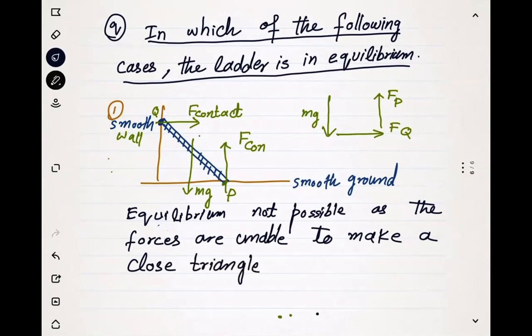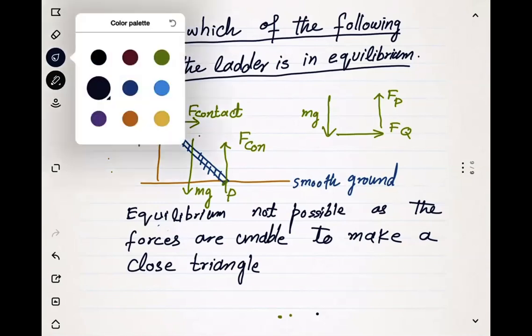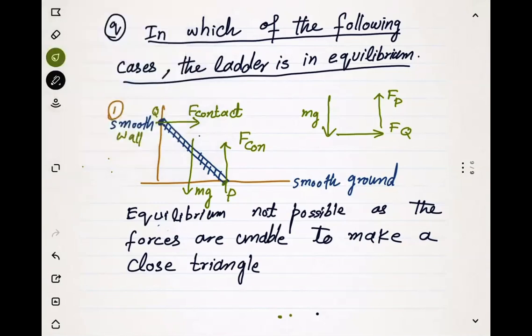So whenever the forces are unable to make a closed triangle, the equilibrium is not possible. Here, what is the problem? The first condition or the second condition? When a triangle is not formed, the first condition is unsatisfied. So in the given example, we must say that the first condition of equilibrium